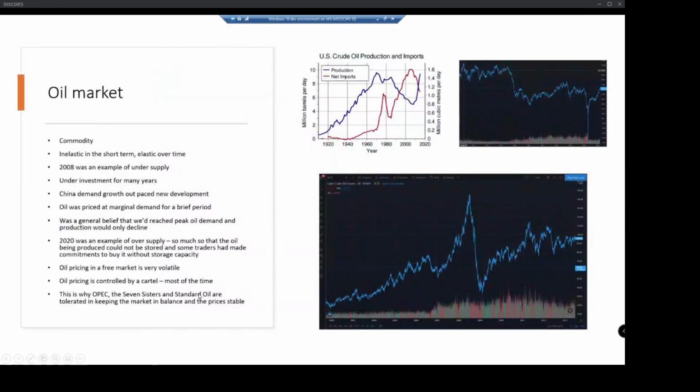So that means the price of oil tends to stay fairly stable until it gets to the marginal supply or demand situation, and then the cartel loses control over the pricing, and then it's on for young and old. And so here, the cartel lost control of the pricing, and so it shot through the roof. And here, the cartel had no way of controlling this pricing, so it collapsed. The cartel actually lost control over here, in that I think Russia and Saudi Arabia threw out the rule book and all started pumping as fast as they could, and the price tanked. And I think it was about $20, $30 a barrel here.